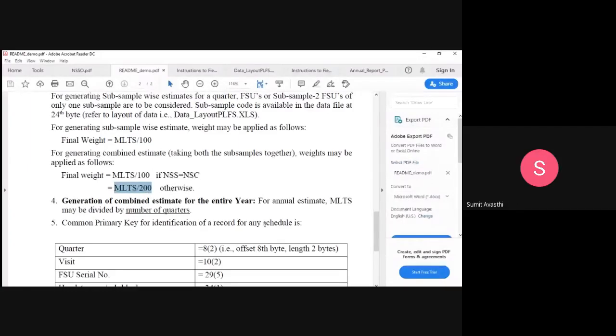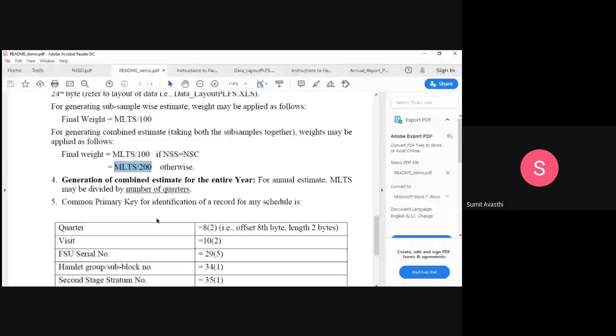Sorry, sir, I didn't understand this weight concept. Could you please repeat it once again? For multiplier thing. The weight concept, like why we apply weight and how you are dividing it across the quarters and the year. No,